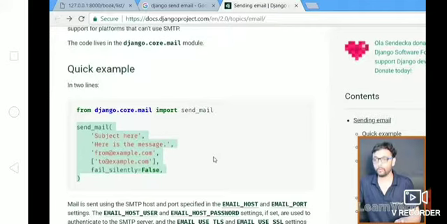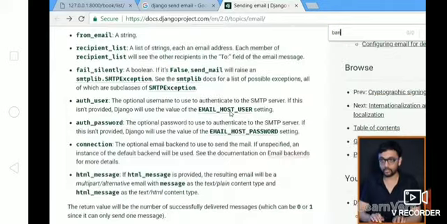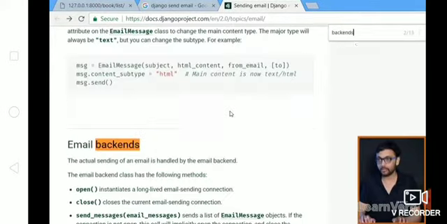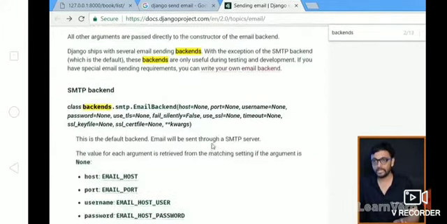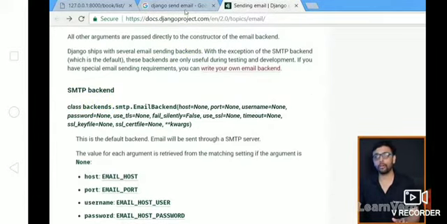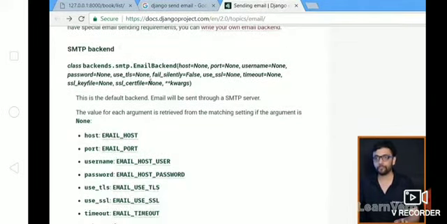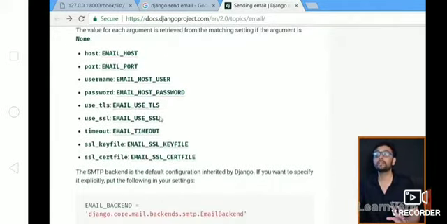So to do this, one more thing I want to show you is the backends. In the email backends, we need to specify the settings. Generally we use Gmail, but you can use Yahoo or Outlook or Windows Live or anything you want, but we need these settings: email host, email port, email host user, email host password, email host TLS, SSL, timeout, and